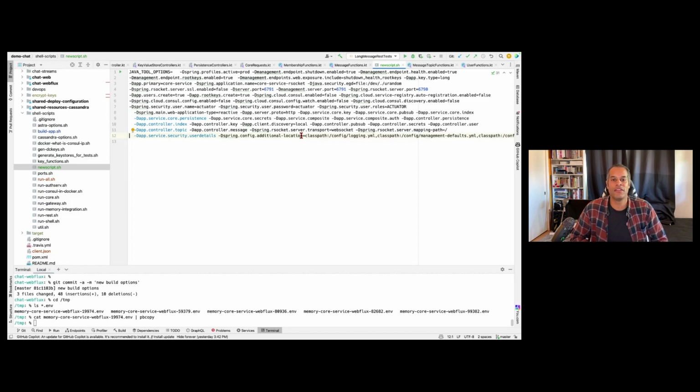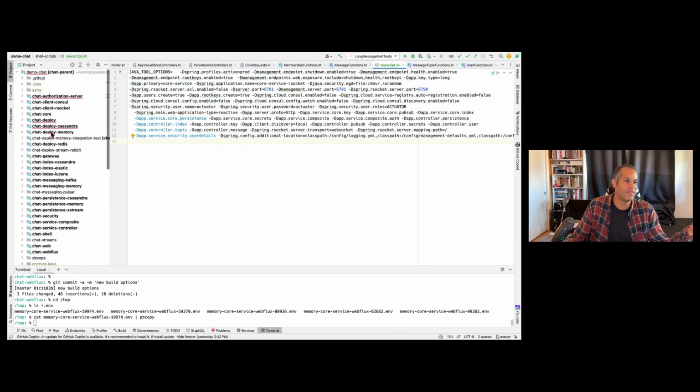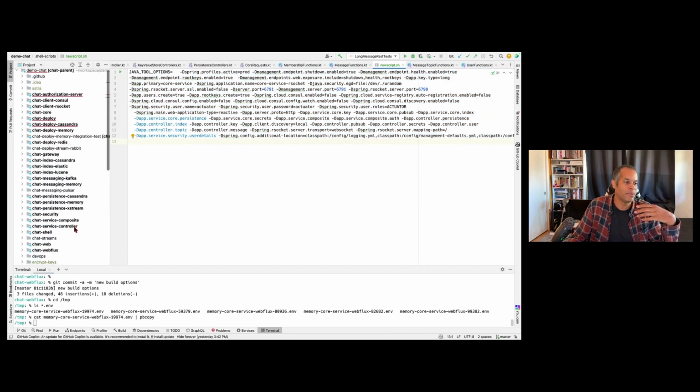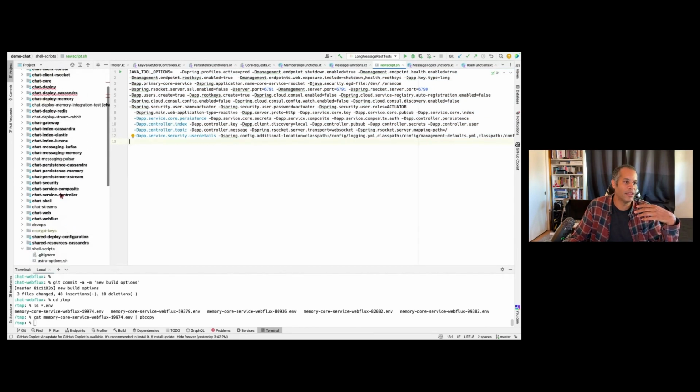Likewise with native, you have to configure this stuff up front at compile time using Java tool options. This is how I do it. This is how Mario does it. I use Java tool options at build time, and I tell Maven, okay, build me a container, or just build me a jar file that has all of these options that I've selected. Did I put this in Kubernetes yet? I know we have these in Kubernetes as well.